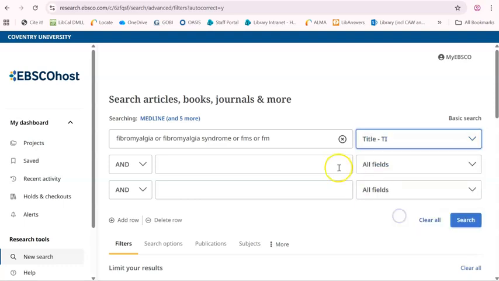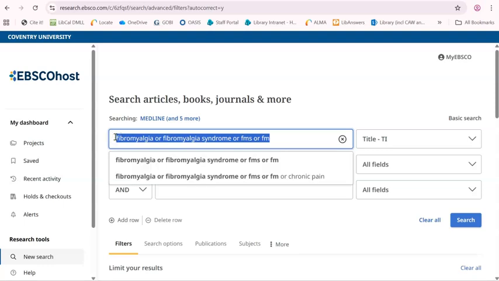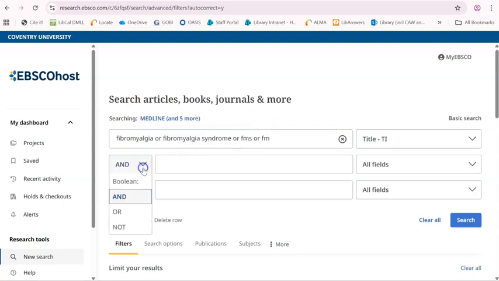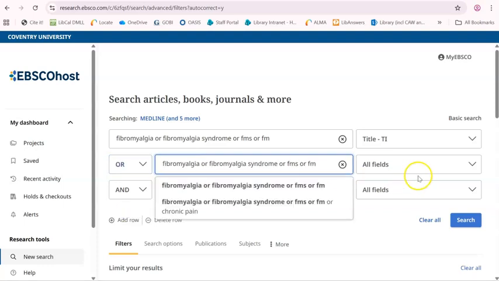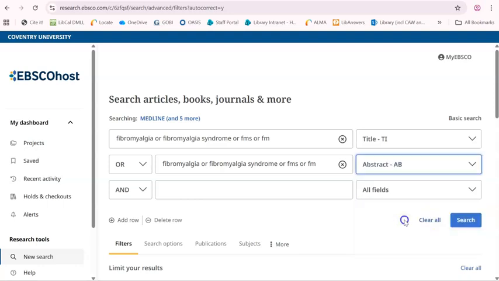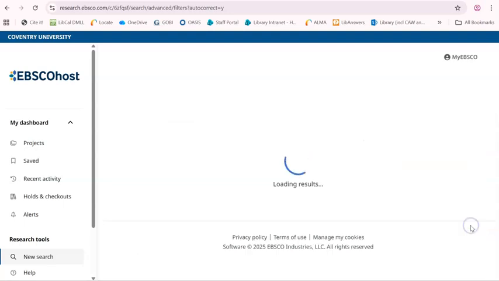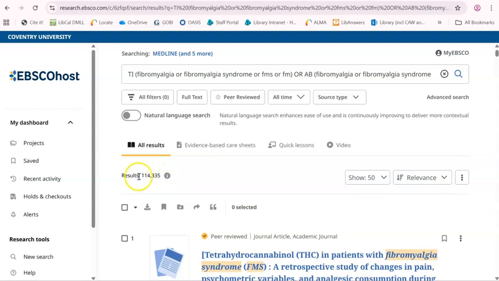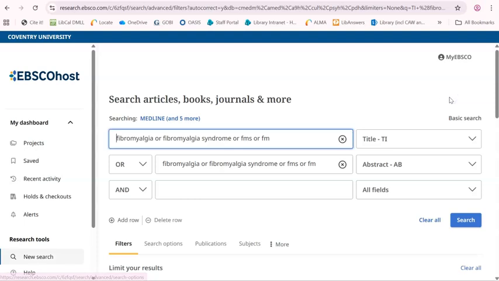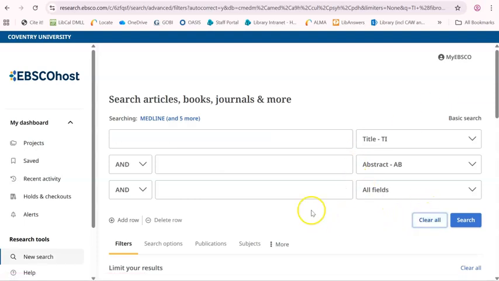So I'm going to select the title, and then I'm going to copy everything in this top line. I'm going to change the Boolean term to OR, and I'm going to paste it, and then I'm also going to select abstract. So we're searching in two places within the journal article for some mention of these words. And we're going to search. So we have a rather large number here. That's absolutely fine. We're going to go back to advanced search, clear all,